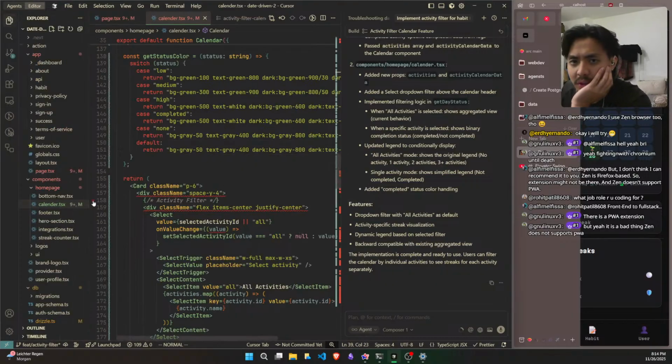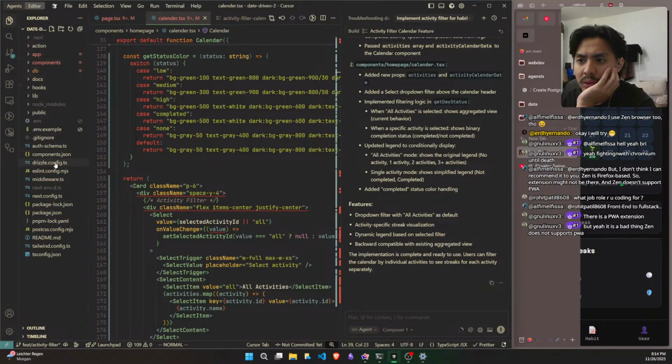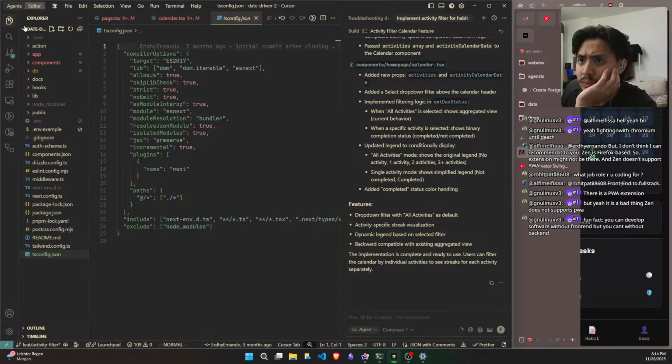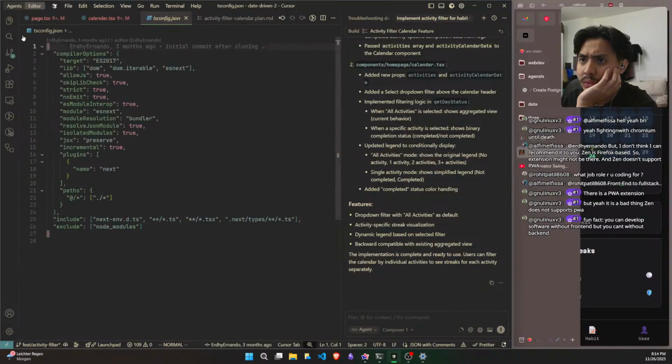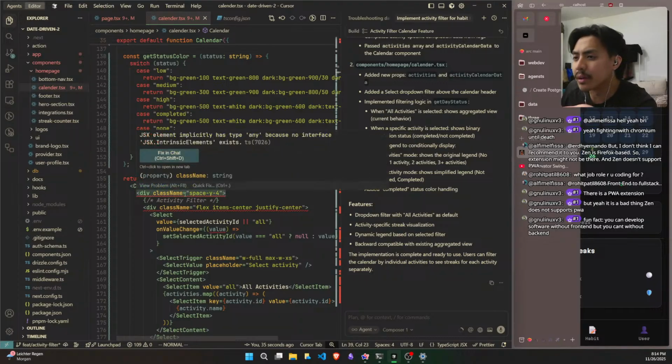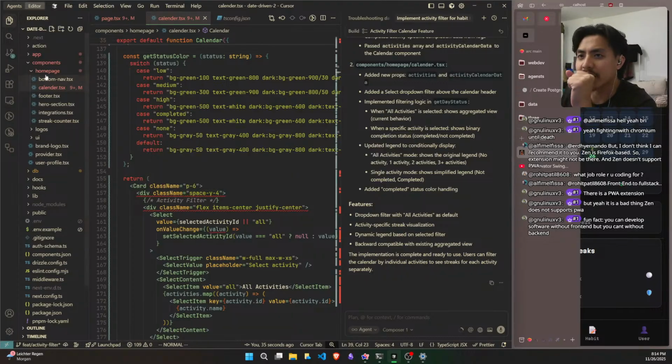Did I set up the TS config wrong? This is not. It's a div. It doesn't have type any. I don't understand.